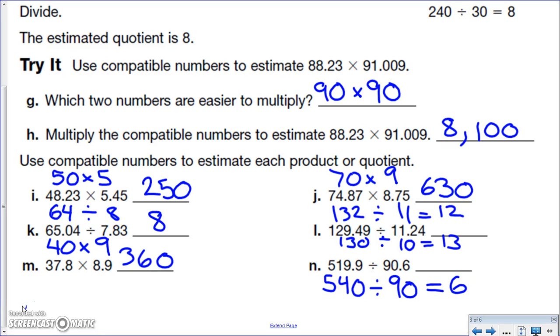So with compatible numbers, it's about finding the closest division fact. Addition, multiplication, and subtraction you can use rounding with. Multiplication you can also use compatible numbers, so it's the one you can do either way. Please make sure you have all the work copied down in your math notebook, and make sure this paper is glued